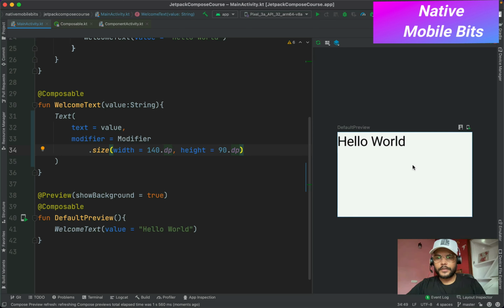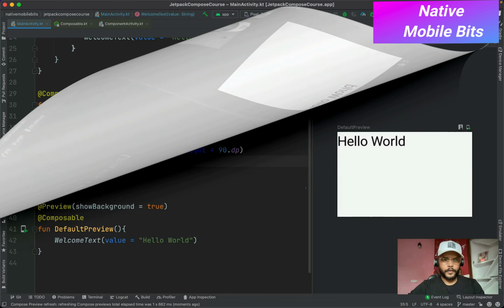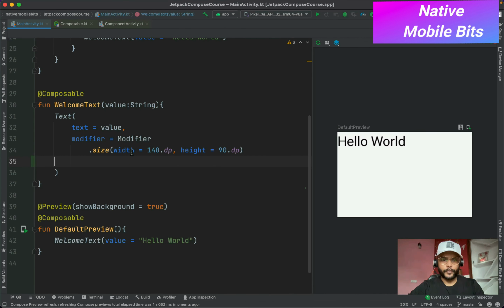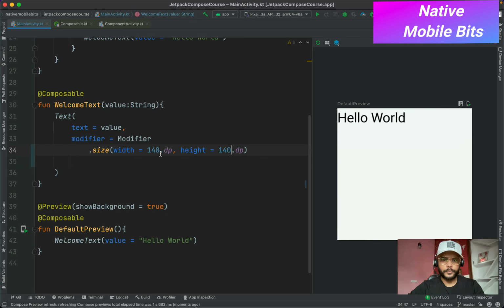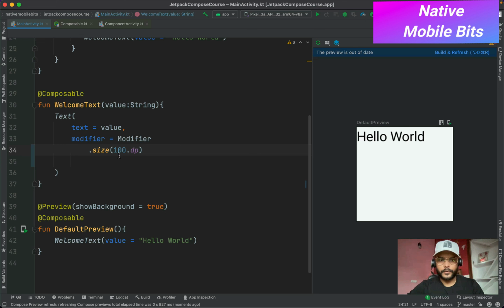So we can notice that our changes have been reflected here. We can also pass the same value for both width and height. For example, let's say if you want to pass 140 dp everywhere, either we can pass it like this, or we can remove these parameters and directly pass 140 dp like this, and then also it will become the same. Just to see if this is really reflecting, let's change the height and width to 100 dp,